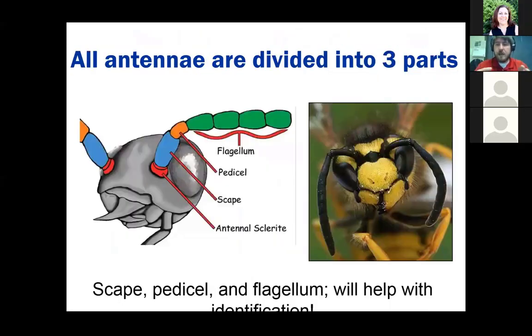Each antenna can be divided into 3 parts. You're going to hear the number 3 a lot when we talk about insects. It's kind of their magic number. So there's 3 body segments, there's 3 pieces to each antenna, 3 to lots of things. So the pieces of the antenna that you need to remember for identification purposes are the scape, the pedicel, and